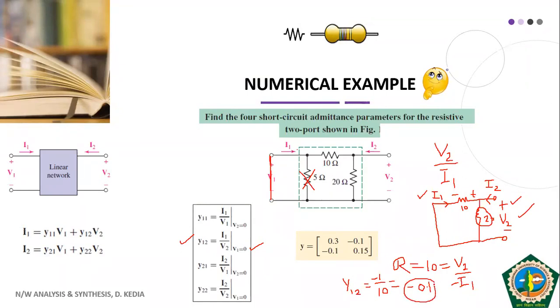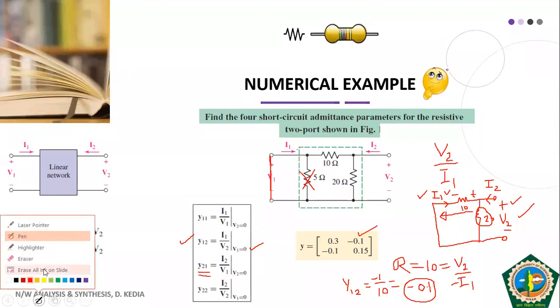So this minus sign has come into picture because the assumed direction of the current was reverse of the actual direction of current. The actual current is flowing in this way, whereas your assumed direction was from left to right. So that's why this minus sign has come. So students, this sign convention you must take into account. Otherwise, you may make a mistake while writing the final answer. So this is Y12. Now let us find out Y21.